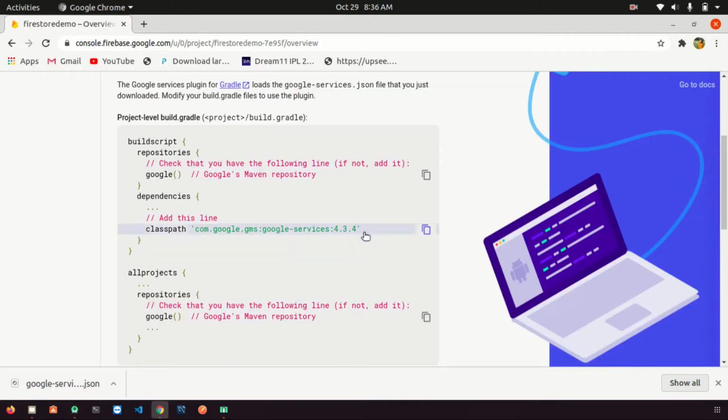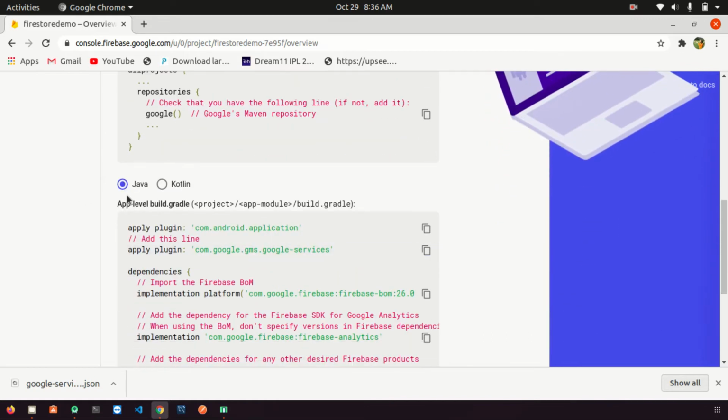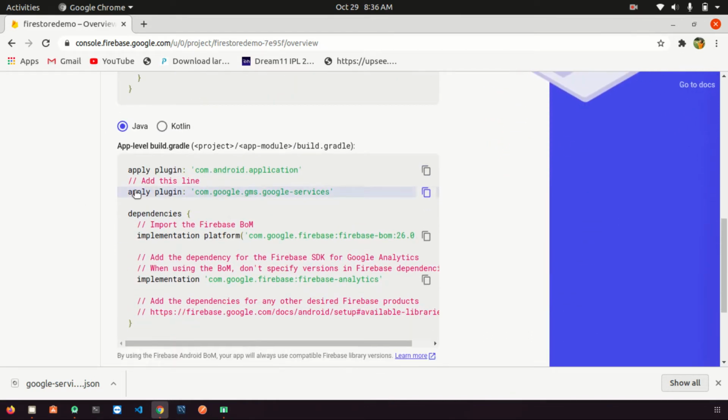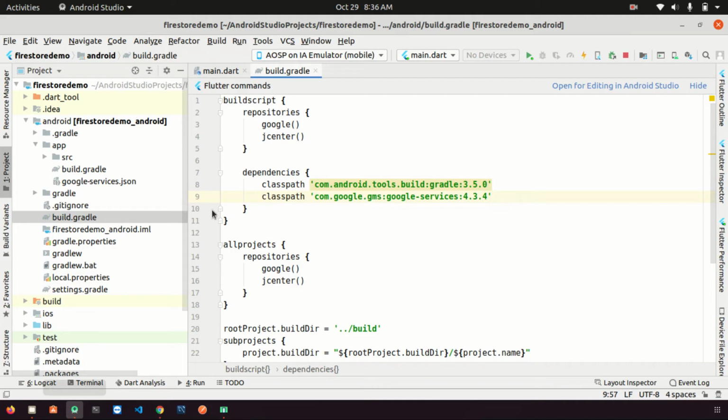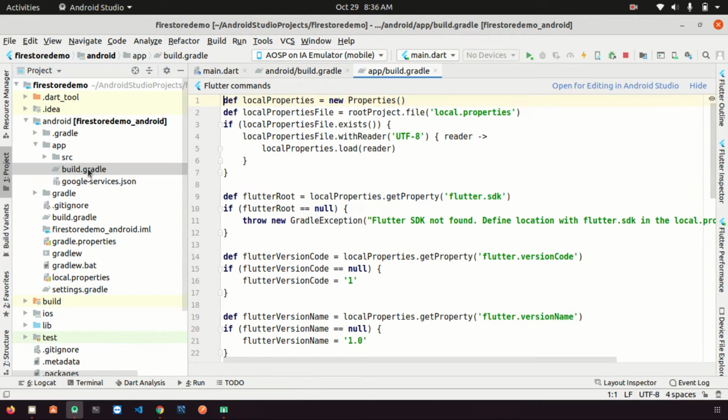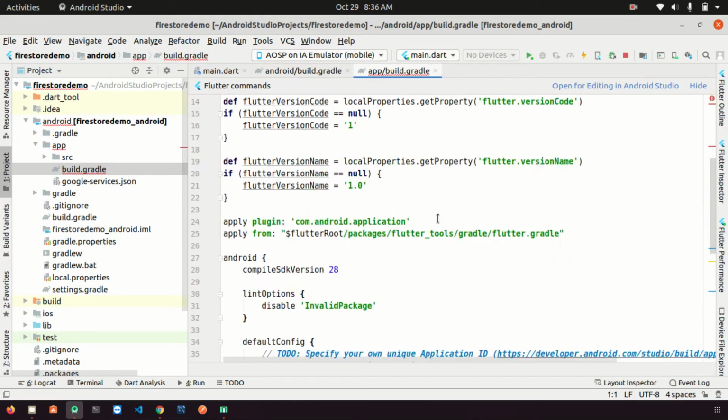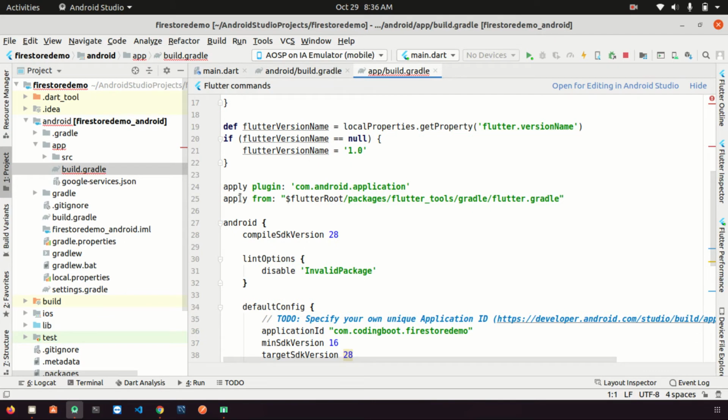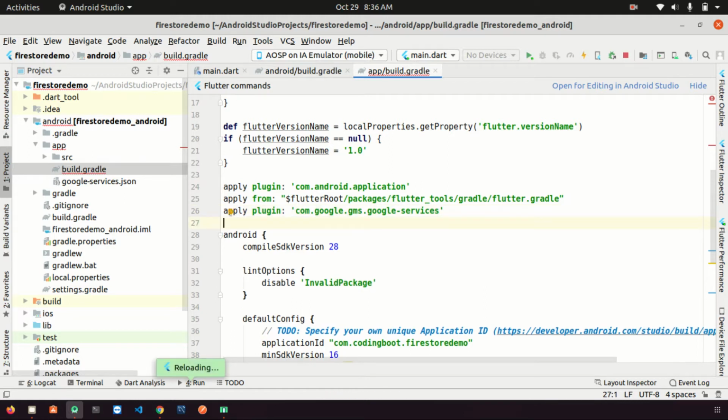Then the next thing you have to add at the app level: copy this plugin line, and in the app-level build.gradle you can add that plugin anywhere. So we are done here.